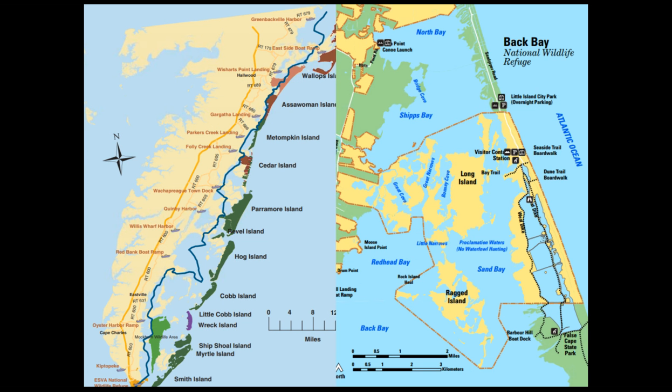In addition, 10 national seashores have been established along the Atlantic, Gulf, and Pacific coasts. These national seashores are part of the national park system. Assateague Island in Virginia, Cape Hatteras in North Carolina, Cape Lookout in North Carolina. While Virginia Barrier Islands have several conservation and state parks, one right down the road from us at